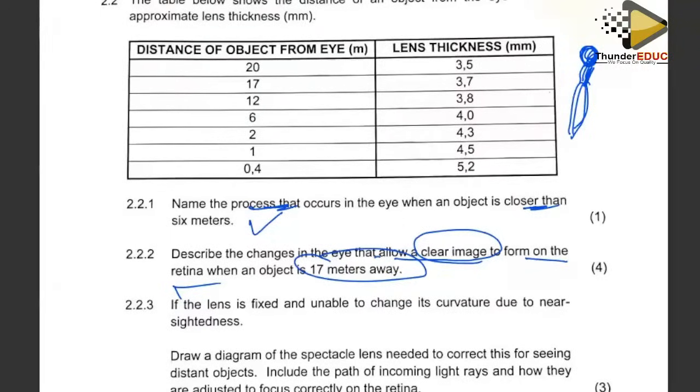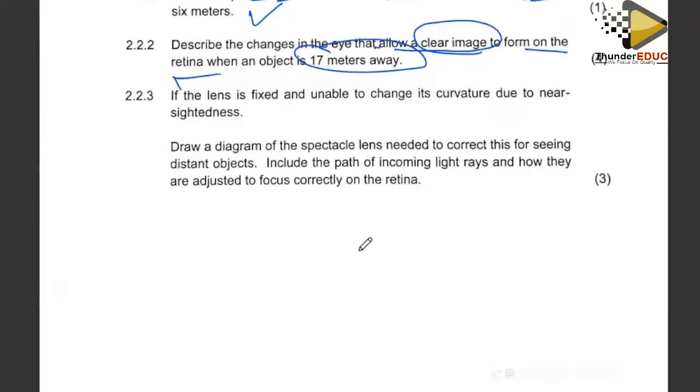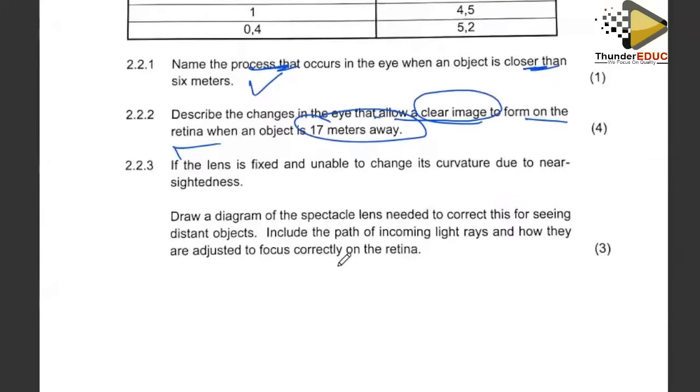Then we go to the next question. They're saying that if the lens is fixed and unable to change its curvature due to nearsightedness, draw the diagram of the spectacles needed to correct this for seeing a distant object, including the path of incoming light rays and how they are adjusted. Remember,